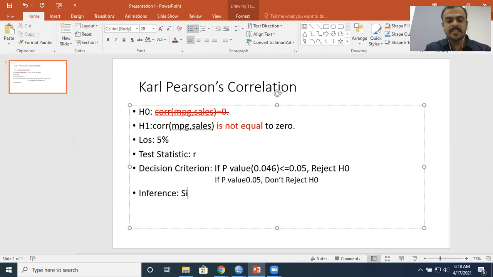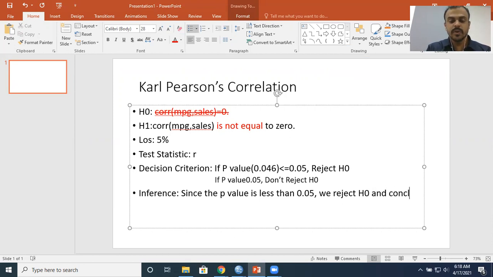Now, you can conclude by saying your inference will be, since the p-value is less than 0.05, we reject H naught. We reject H naught and conclude. What do we conclude? We conclude that there is a significant relationship.